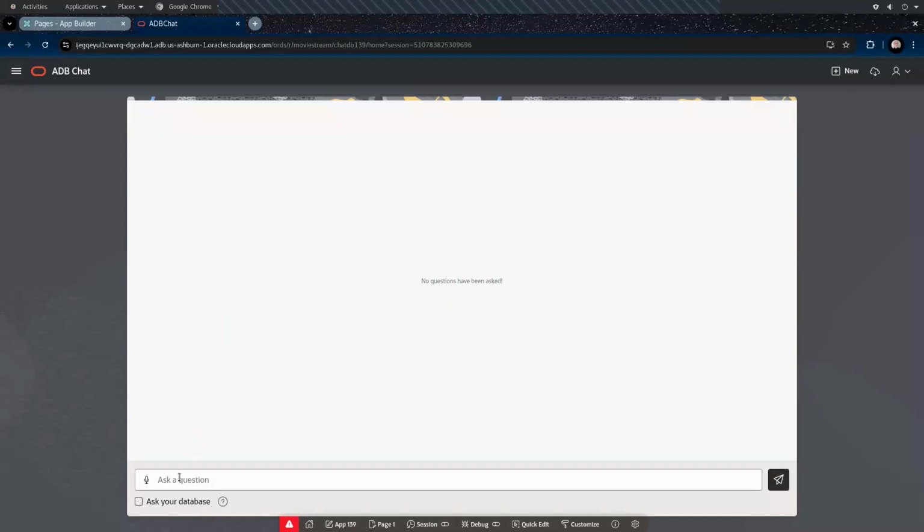So the first thing to note here is this one exposes the ask your database versus not. If I ask this question now as is, it'll use a chat interface. Don't want a chat interface. I want to ask the database, so I'm going to do that. And I'm going to issue the prompt. This is a very basic application. The important thing to note is Apex is a